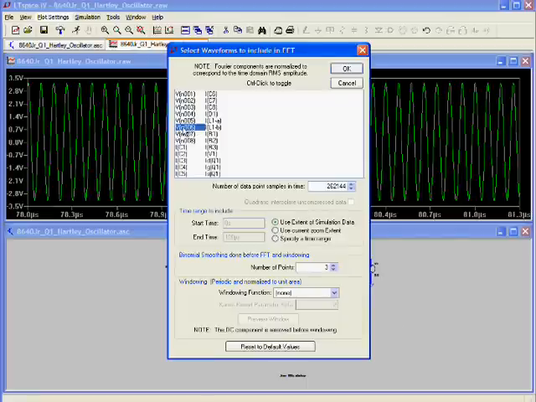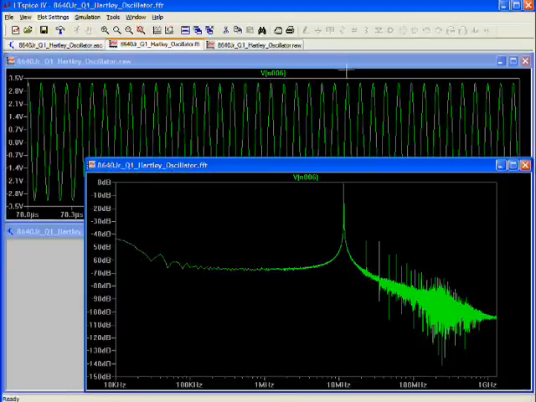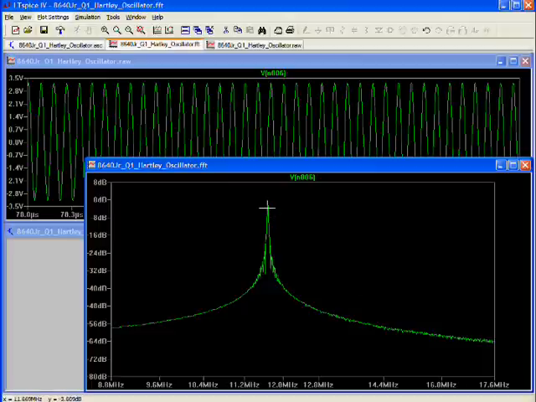It will automatically come up with the waveform that I clicked on, and we can just say OK, and pretty neat. It shows the fundamental frequency here and some spurs down here, but we can see that our fundamental here is running at about